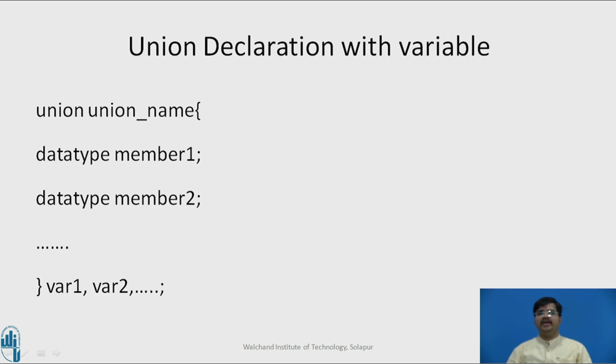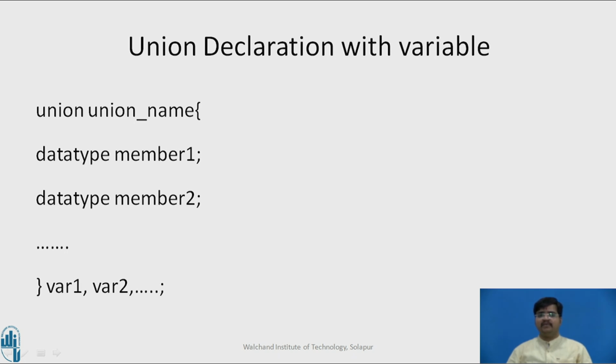Also, we can declare a union with variables. Union keyword, union name, data type member 1, data type member 2. We can provide the data types that we want. After the closing curly bracket, we can write the union variables. So variable 1, comma, variable 2 are union variables that are used to access the different data types present in that union. So observe that we can declare a union in two ways. Directly, or with variables,